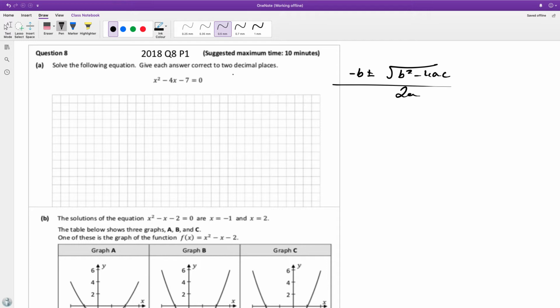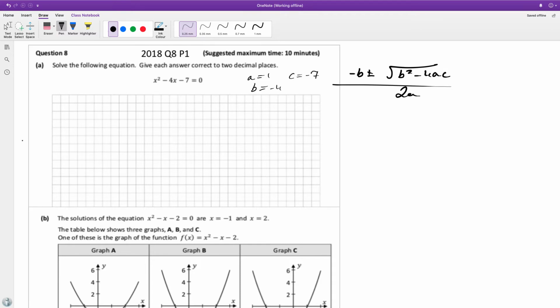So, a is equal to 1, b equals what, Julianne? And c is equal to? Minus 7. Great. So, our formula is minus b plus or minus the square root of b squared minus